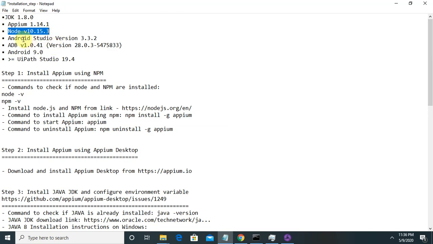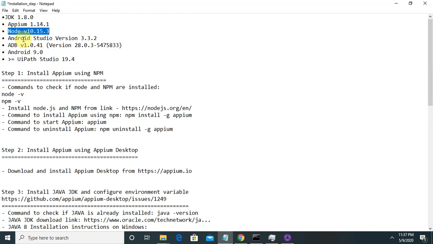It depends on your requirement. Whatever you want to add, you can do it. You can also take an upper version as well. Android Studio will help us to launch any device or specific devices, whichever is required. If we are doing automation for mobile devices, we can test that application by using Android Studio.